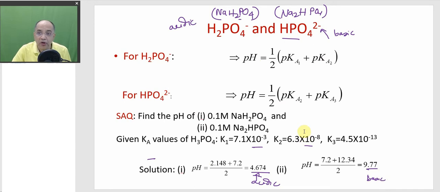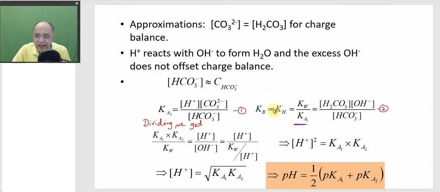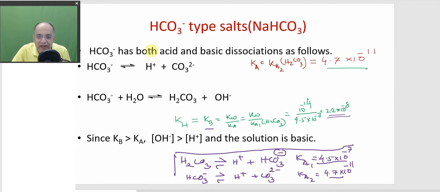But those, I'm referring to some of the texts in the credible sources, they have neglected the one dissociation completely. One dissociation, if you neglect, I was doing that, if you neglect this one, because this is greater than 10 to the minus 8 and this is smaller, so we completely neglect and find the pH just like your salt.